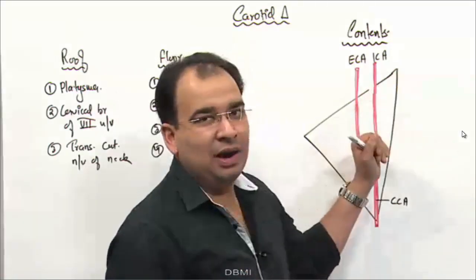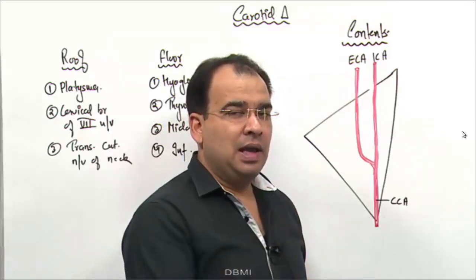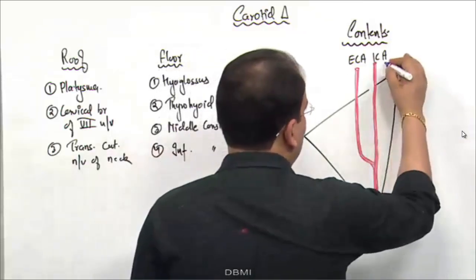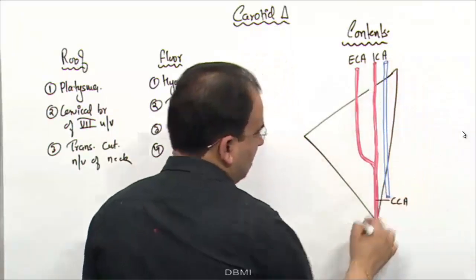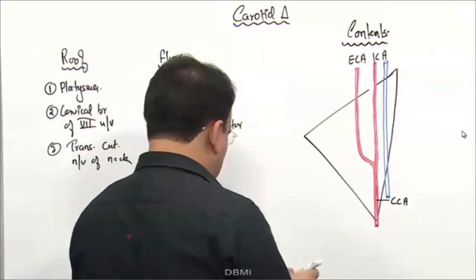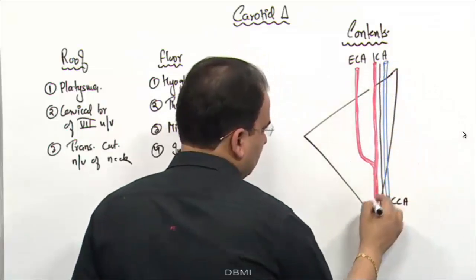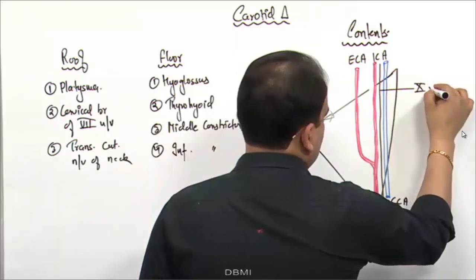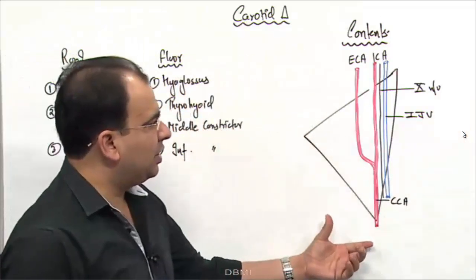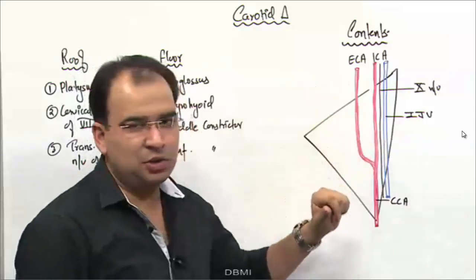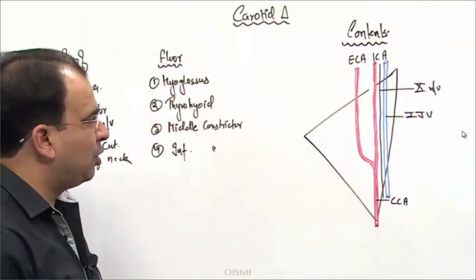Common carotid artery and internal carotid artery remind me of carotid sheath. Yesterday when we were talking about carotid sheath, we said carotid sheath is having common carotid, internal carotid. What vein was there? That is internal jugular vein. The vein inside is internal jugular vein. And what is the nerve which is trapped between the two? That is vagus nerve. So guys, vagus nerve and internal jugular vein. So common carotid artery, external carotid, internal carotid, vagus nerve and internal jugular vein. These are the contents of the carotid triangle. Apart from that, what other important structure we have? Now we have